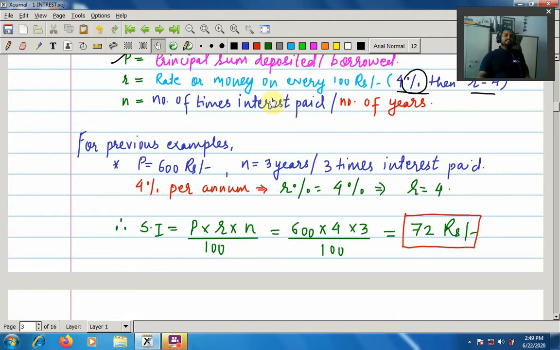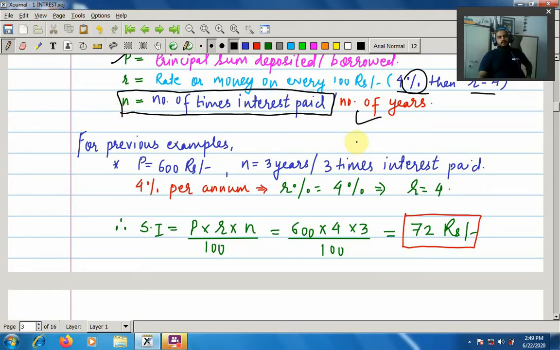So more precisely, we must define that N is the number of times interest is paid. I'm not going to say that N is the number of years. If it is annual, then the number of years and the number of times interest is paid are equal. Coming to this explanation, in the previous example, the principal amount was 600, N was 3 years, meaning 3